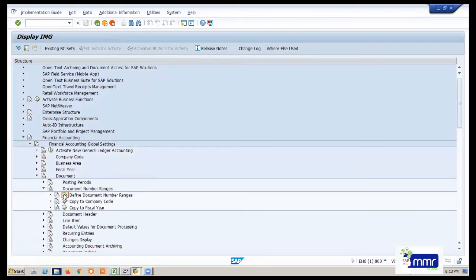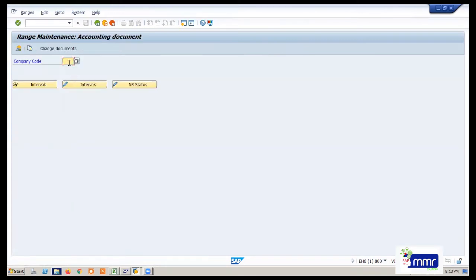This is the path. You just go here and you create number ranges for the sample documents.